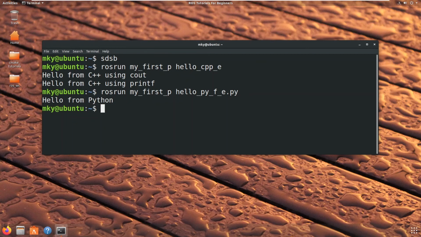This finishes the lecture. In the next lecture, we are going to talk about tab completion in Linux and Unix timestamps. These topics are not ROS specific, rather Linux specific, and we are going to need those in this course. If you already know these things, you can skip the next lecture and proceed to the next section.